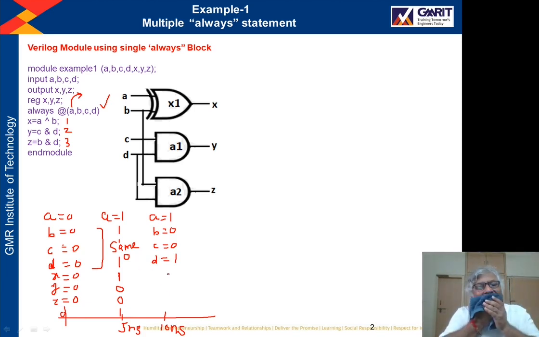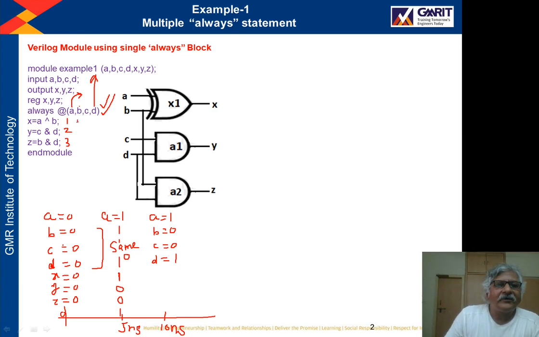So now what will happen, since D is in the sensitivity list of this always block, and this value changed at 10 ns, an event occurred on D at 10 ns. So again the always block will be activated at 10 nanoseconds, and all the three statements will be